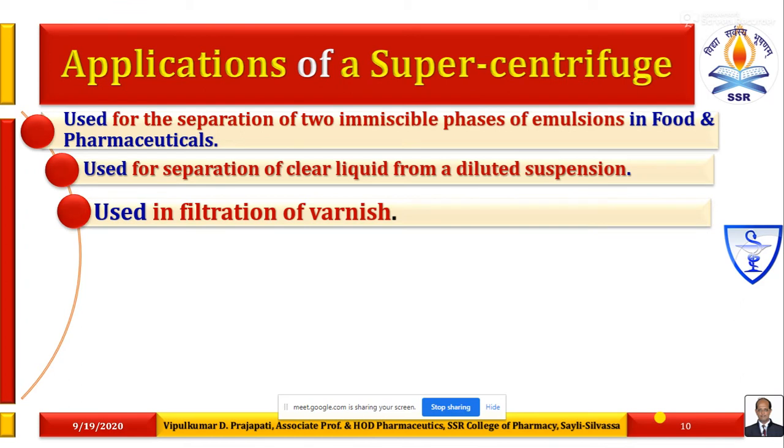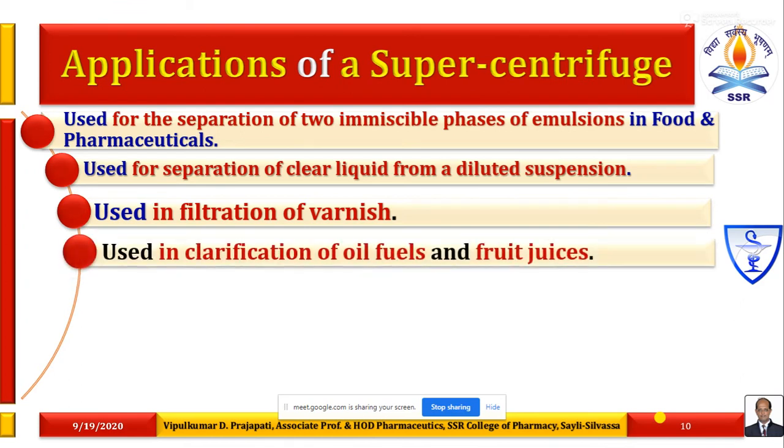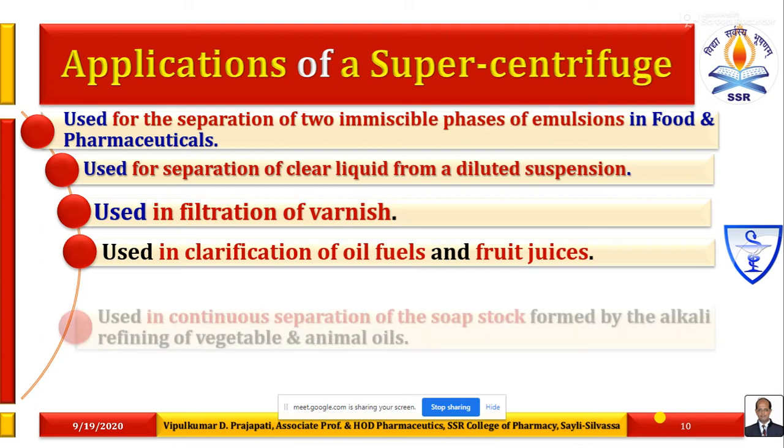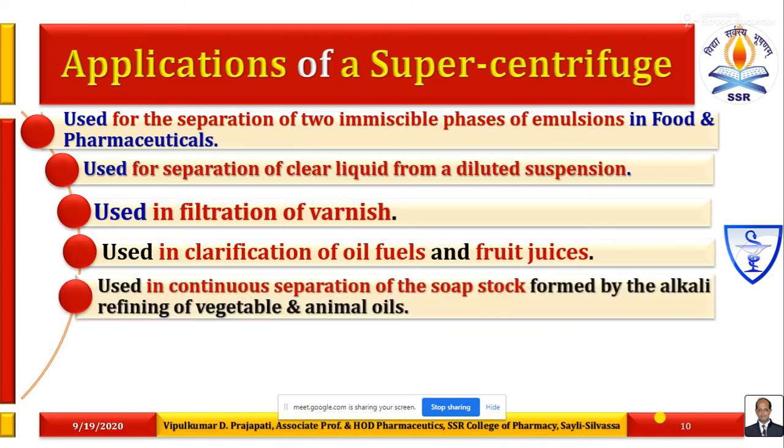It is also used in filtration of varnish. It is also used in clarification of oil fuels and fruit juices. It is also used in continuous separation of the soap stock formed by the alkali refining of vegetable and